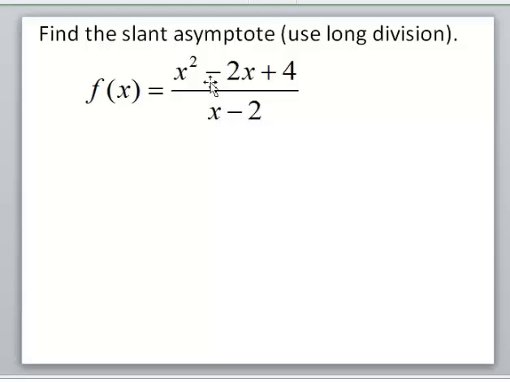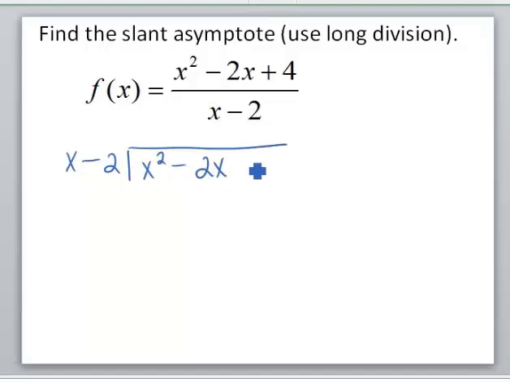This is what a rational function is. It's a fraction with two functions being divided. How do you find the slant asymptote? Well, the way we find slant asymptotes is using long division. So I am going to go ahead and divide